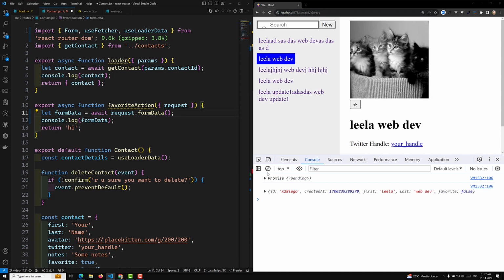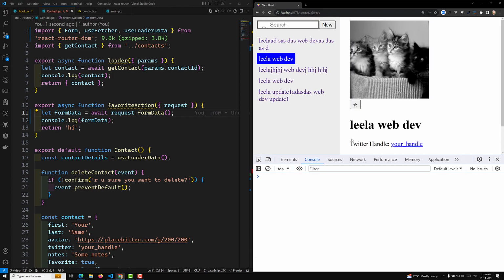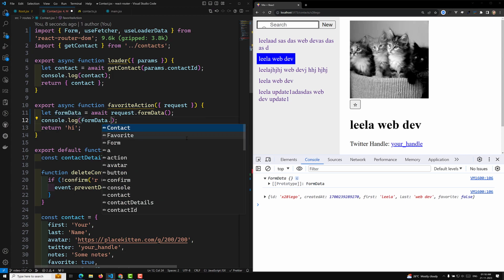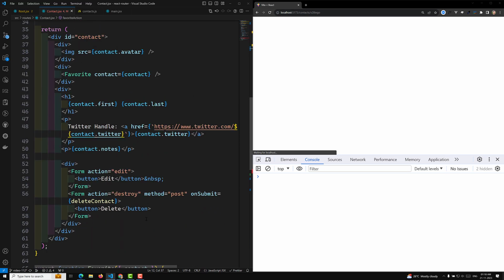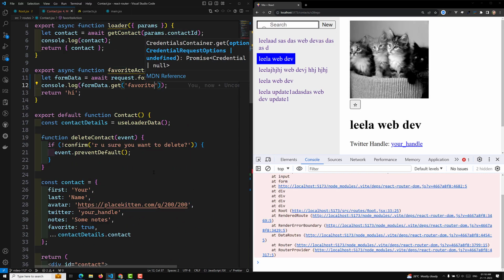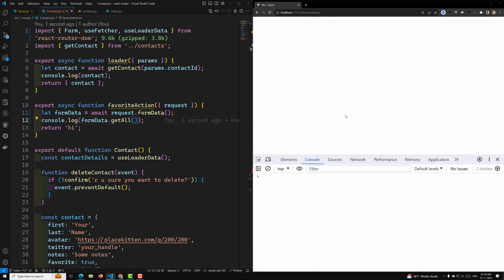That's it. Now if I click on this, we should be able to get the form data. Okay, this is a form data. Now if you want to get the form data, here you can write form data get of favorite. So this is the favorite which you are having the data. And for example, you can also use the get all. Let's try to see get all. Now if you click on this,